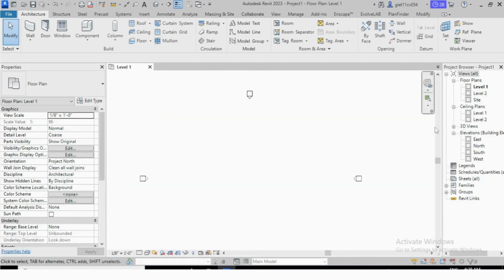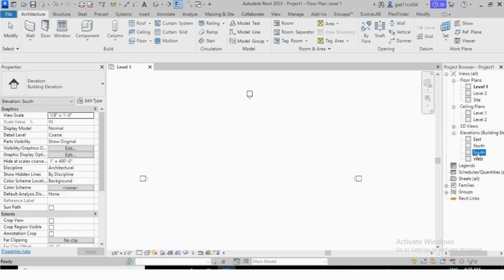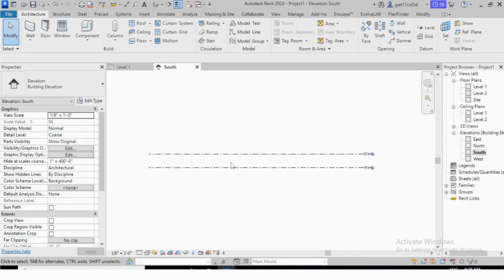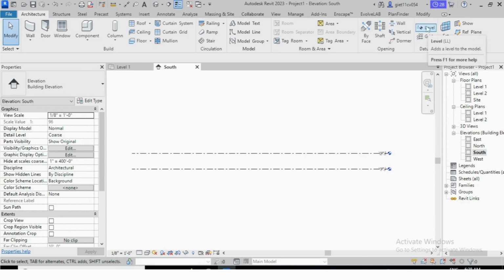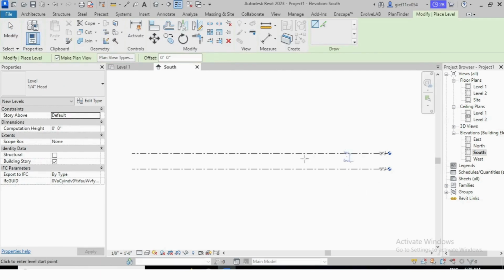Let's first go to this elevation. Let's go to south elevation and create some levels over here. You can use the shortcut LL or you can take it from here and place some levels.